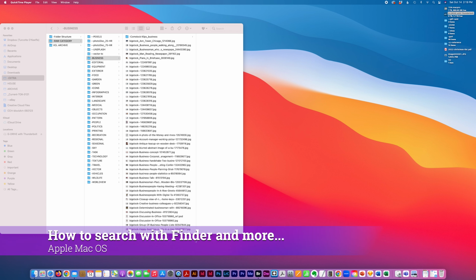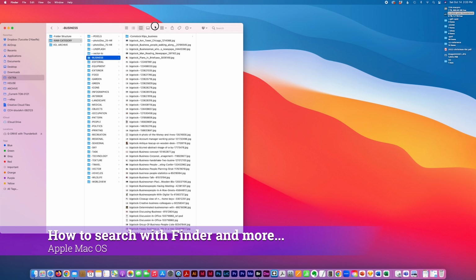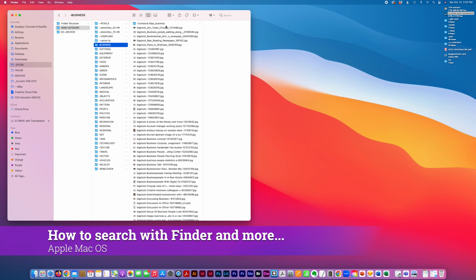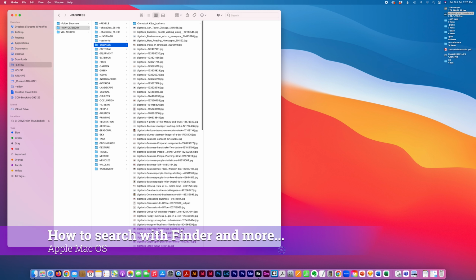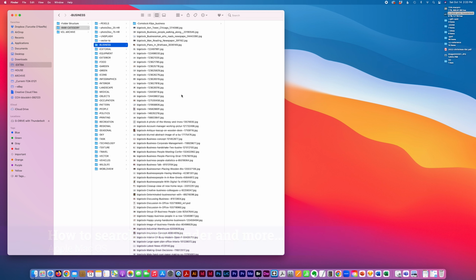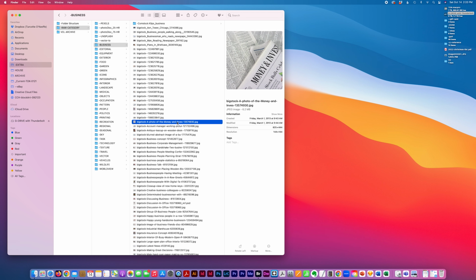Today I have kind of a productivity hack for the Mac operating system that I came across when working on a file organization project for a client. And it involved doing a search and being able to copy a list of files. And so just to demonstrate, I have a photo archive that I have been working with,